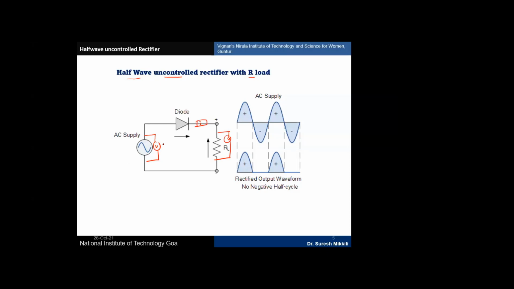So now I need one AC source from the Simulink library, one diode, and one resistance. Then three measurement blocks: one for the voltage source, the input voltage measurement; one for current measurement; and the third for voltage measurement across the load. And one more I want, a scope.